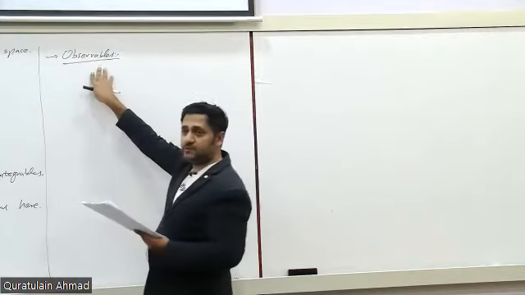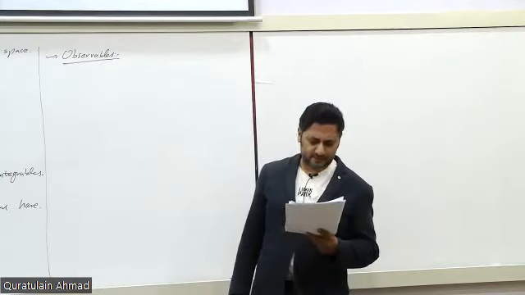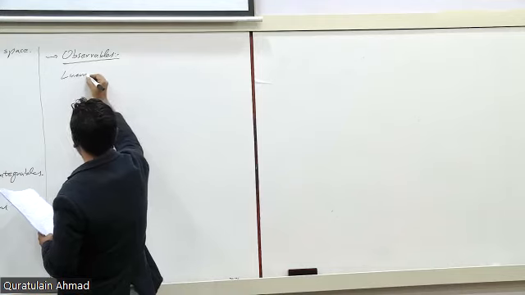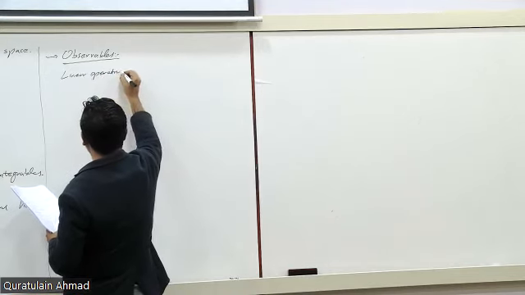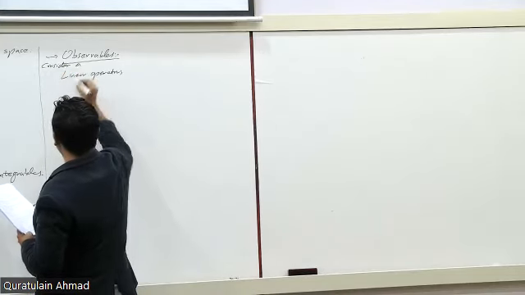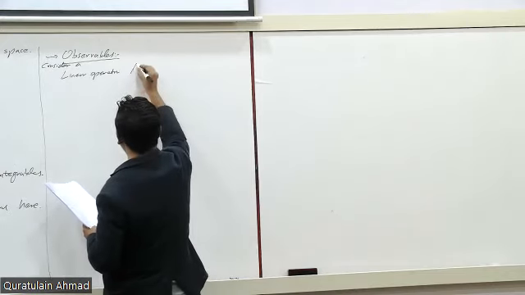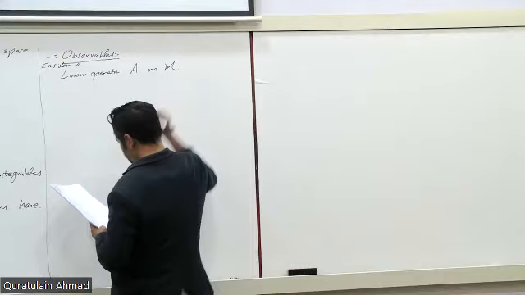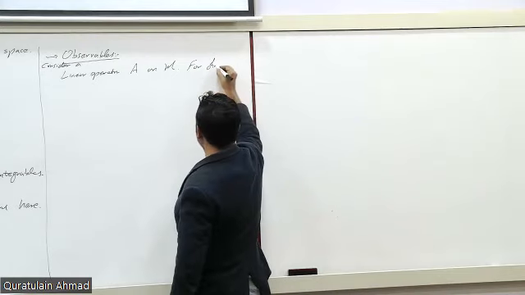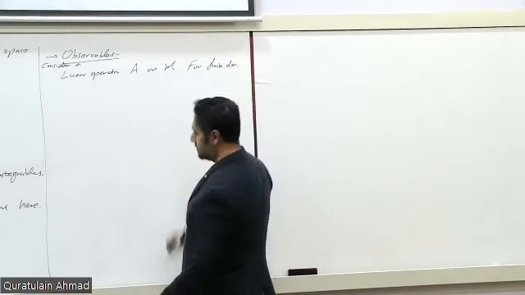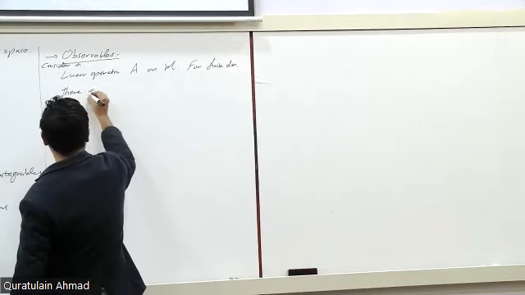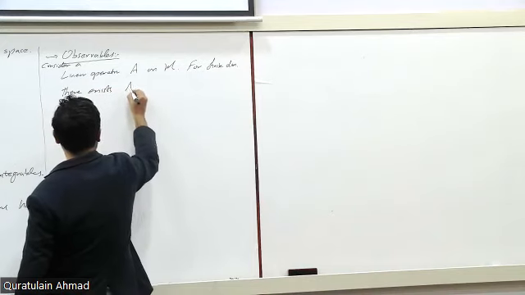Now, how to describe these observables? But to go towards there, I have to discuss something else. You have linear operators. So you consider a linear operator A on X. For the finite dimensional case, this is always true that given a linear operator, there exists another linear operator A dagger